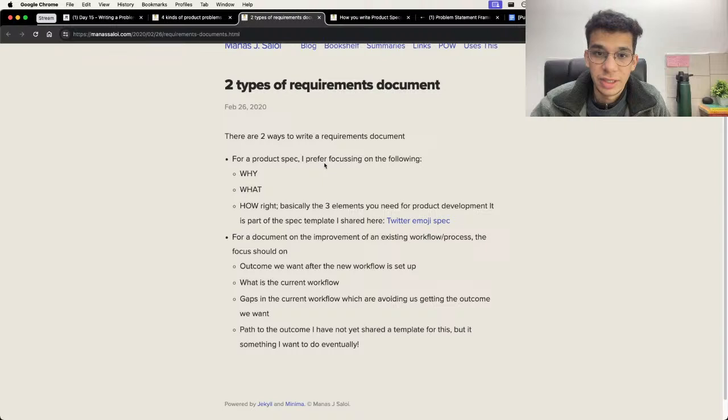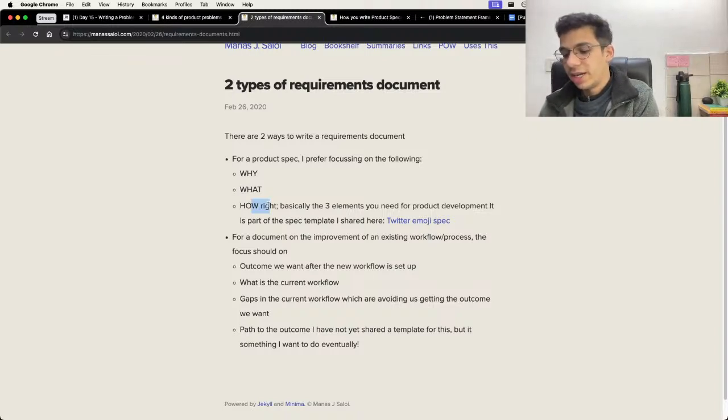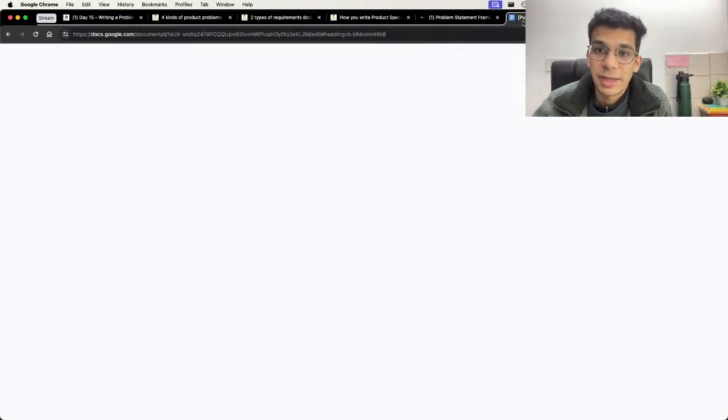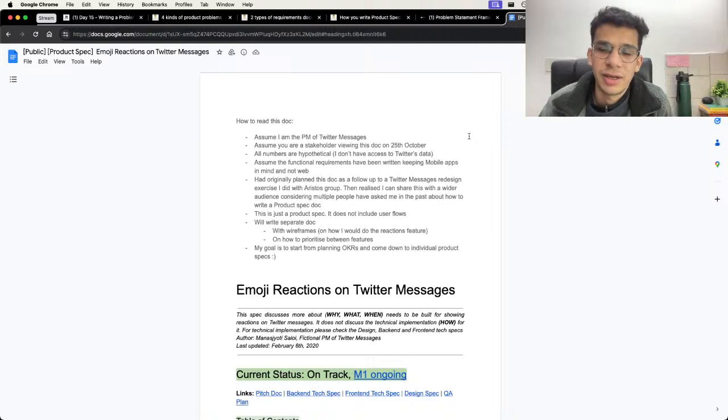Then I think we also have a resource here: talk about what, talk about how, and then on the how you can divide that into further segments, for example, how an enhancement needs to be delivered and acted upon on the front end side of things, back end side of things, design side of things, on the marketing and the GTM side of things as well, right? So always, even in a product spec or a document that you're writing explaining the problem at hand, start with the why, then go to the what, the how, and combine these three elements as part of your template.